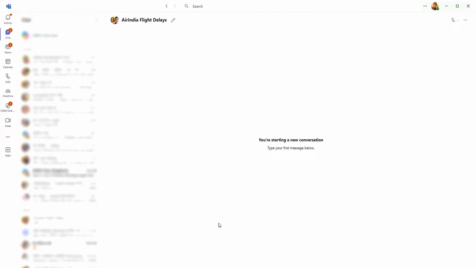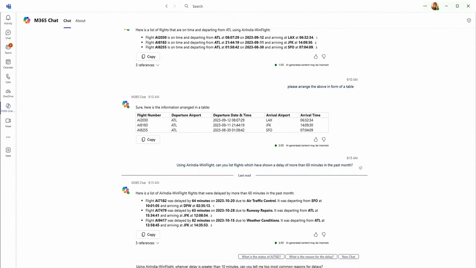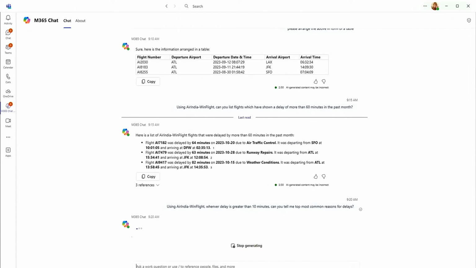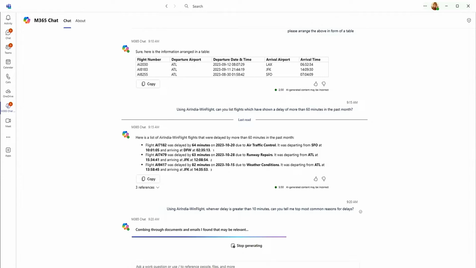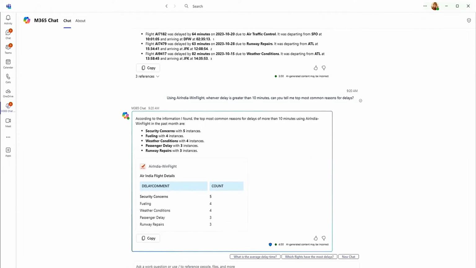And finally, users can query historical flight data to look at causes of those delays over time and take proactive steps to address them, investing in improved operations and improved customer experience. This is a great example of how Copilot can be leveraged in order to streamline operations as part of daily tasks.